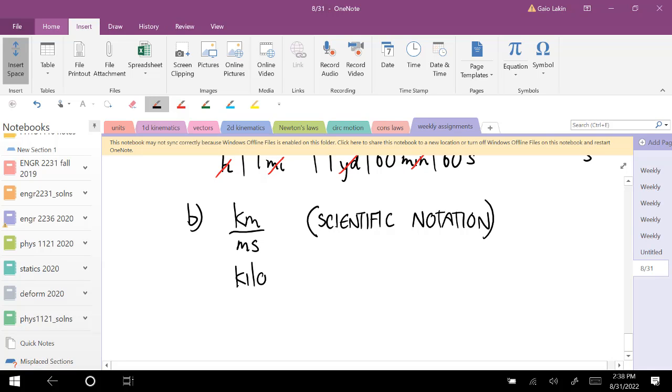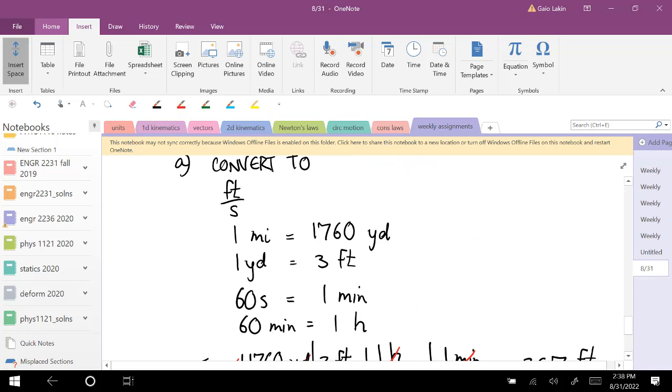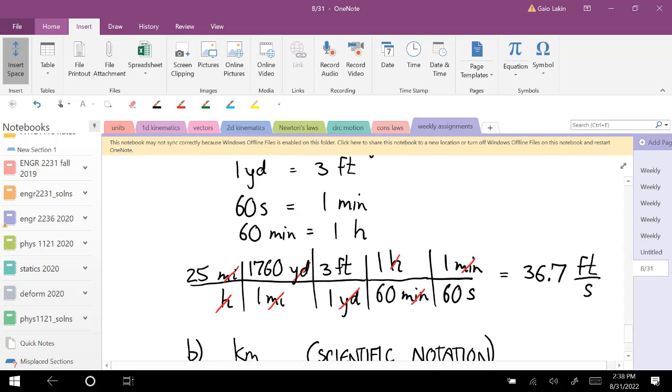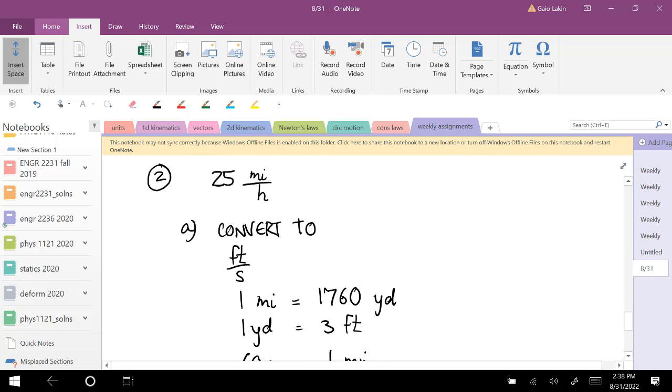So we need to know that kilo means times 10 to the third, and milli means times 10 to the minus third. And then what else do we have? I guess we can use that